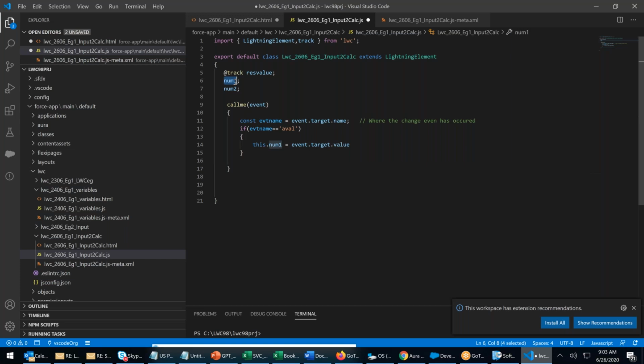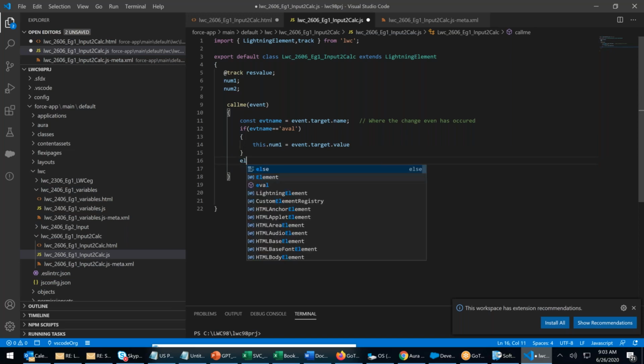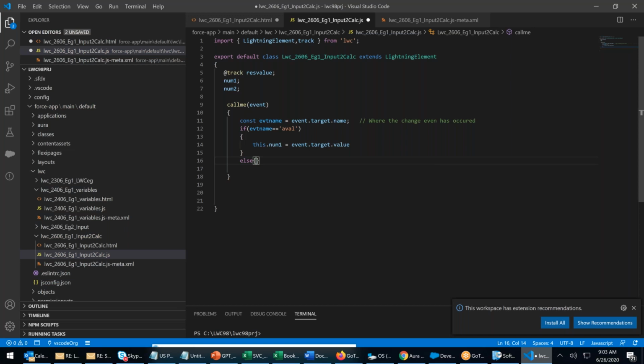That means number one will store eval. Else, if you have more data, you can continue with else if. Now I have only two, so else. I'll copy this, Control C, Control V, and in place of num1 it's num2.